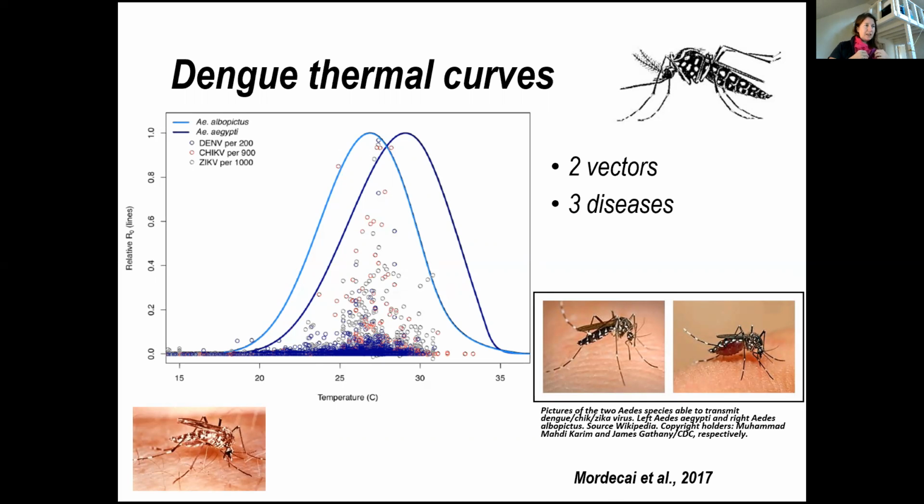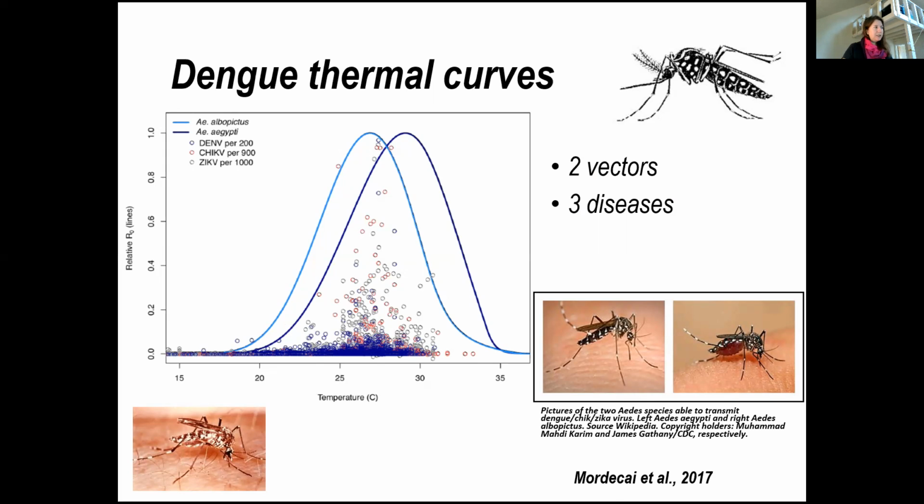And because we didn't yet have a lot of the laboratory information for chikungunya and Zika at this point, we were validating using human case data. And so this turned out to be its own model complication that was very interesting, and you can read all about it in the paper. But so we had these two new thermal curves, and the question then was, okay, so how does this look